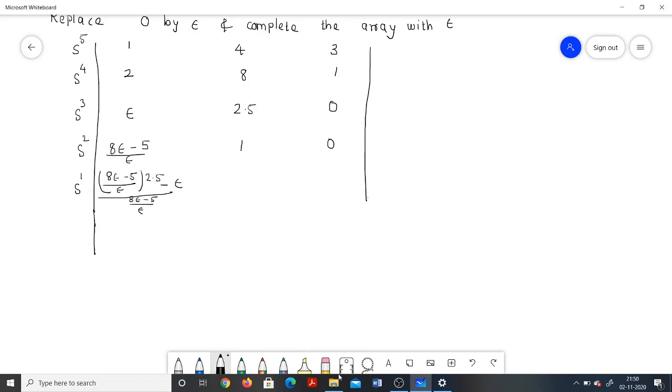Okay. So what will be the last row? It's going to be 1. Okay. And here we can see. Now,